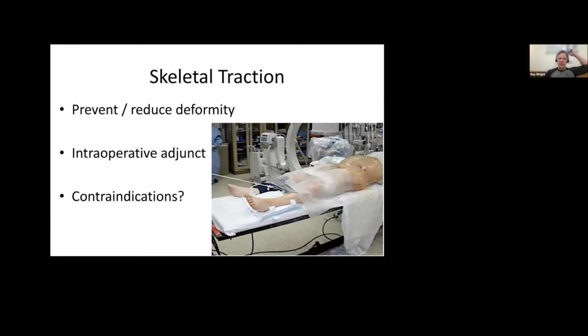Also, skeletal traction. Don't forget skeletal traction as a resuscitative adjunct, as well as a help for definitive fixation in the operating room. This can prevent a reduced deformity, especially a cranially displaced hemipelvis and posteriorly displaced hemipelvis, as we see quite frequently. Great intraoperative adjunct. The only contraindication I can think about is the occasional caudal and anteriorly displaced hemipelvis, which is rarely seen because we think in theory they shear off great vessels and cause likely death at the scene. But I've seen that a couple of times in my career.